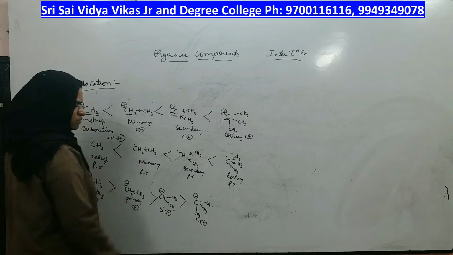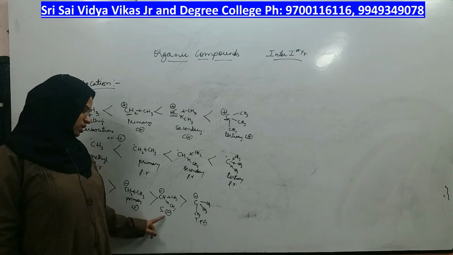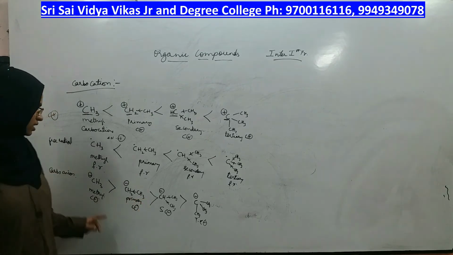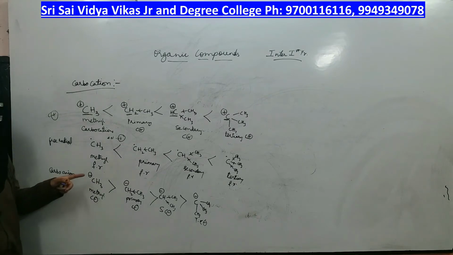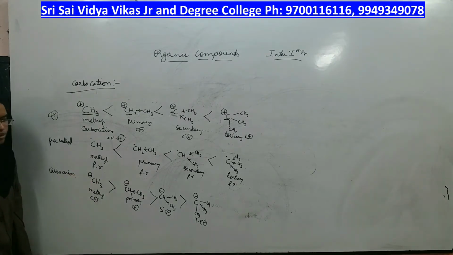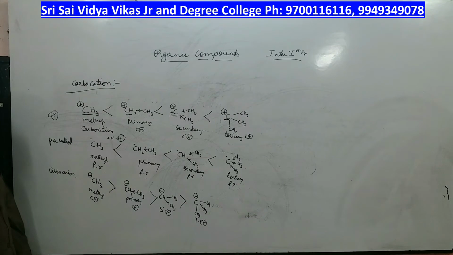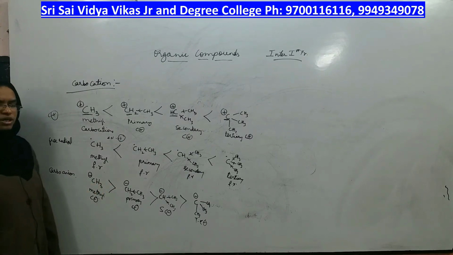Here only 2 carbons are increasing the negative charge, so it is more stable than tertiary. Here only 1 carbon is increasing the negative charge, so it is more stable than secondary. Here no carbons are increasing the negative charge, and no groups are decreasing it, so its stability is highest among all. Right? So the order of stability for carbocations and free radicals is opposite to that of carbanions. Among carbanions, methyl carbanion is highly stable compared to others, and tertiary carbanion is least stable.